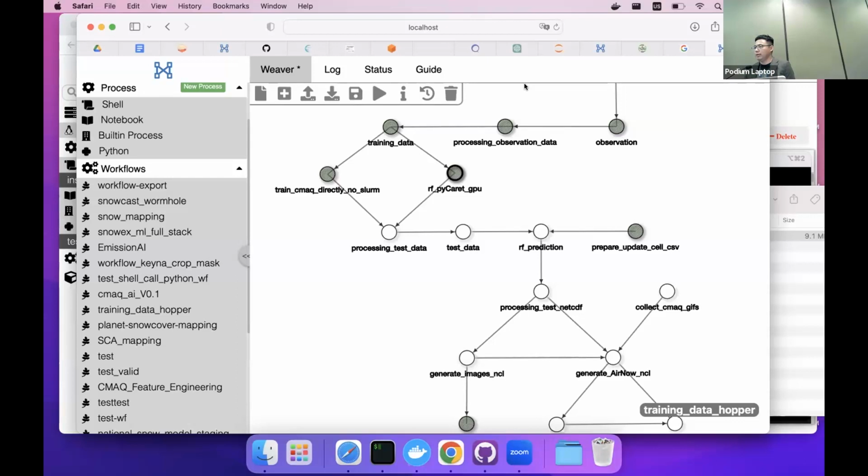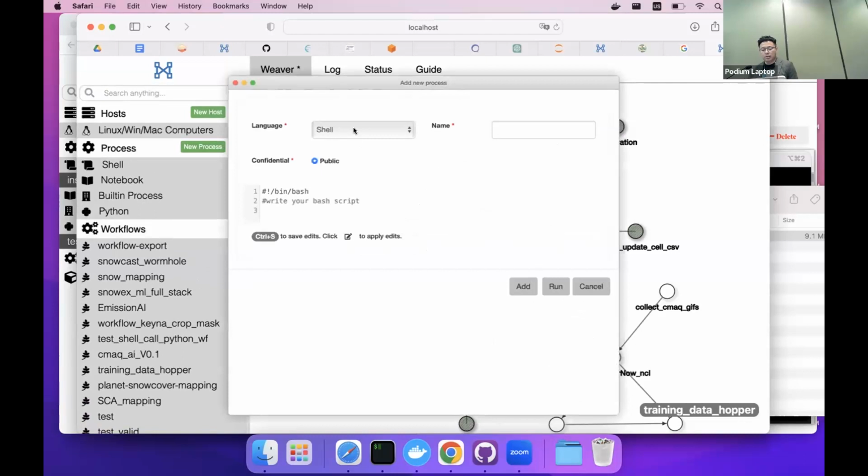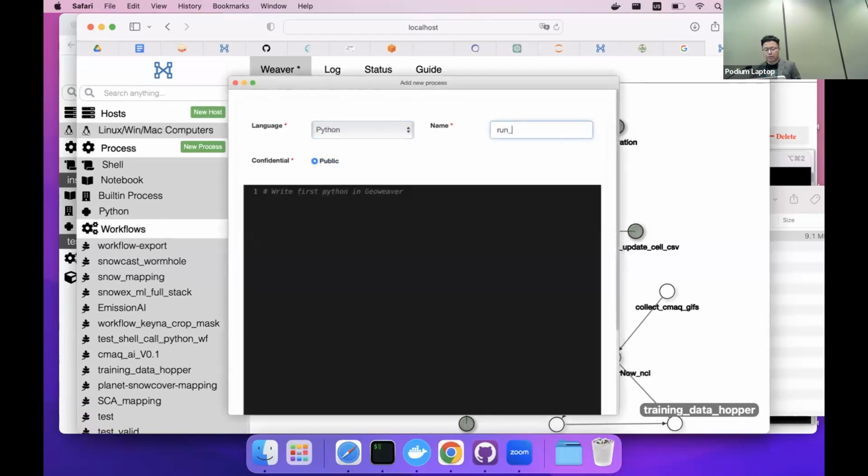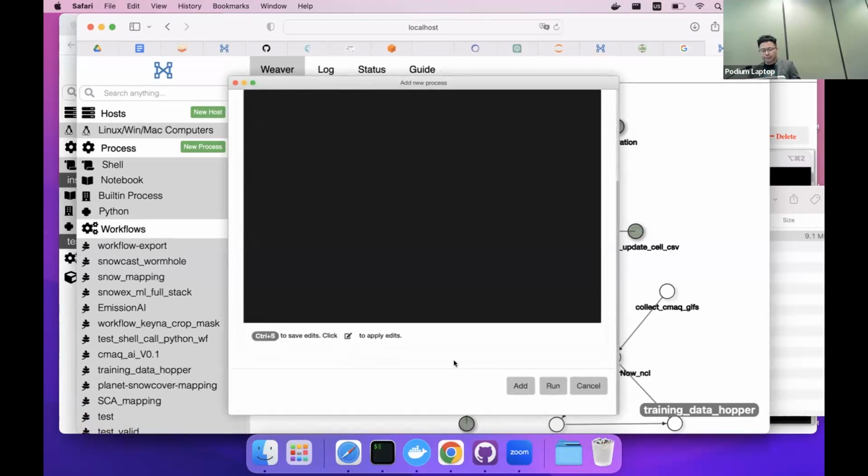I wonder, it seems to me that SageMaker has an overlap with this. You compared it with other products, but not SageMaker. So I was asking how it would compare on those criteria with SageMaker. Yeah, it's actually not competing with SageMaker or any ML Studio sort of thing, because you can run your SageMaker experiment in GeoWeaver. Does that make sense? You can create a process to run a SageMaker experiment, and then just call the SageMaker API here. Okay. So something like this.